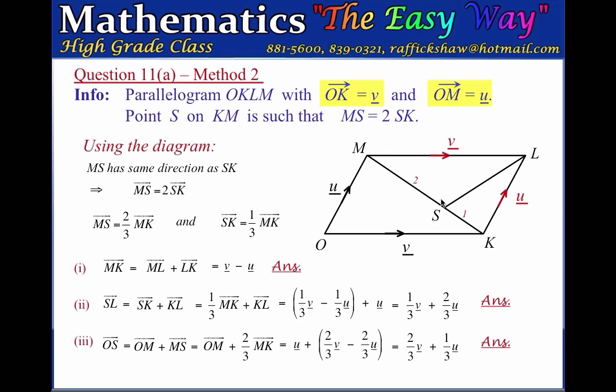Again, K to S will be minus 1/3 of MK, because we are going in the opposite direction to MK. It would have to be minus 1/3 of MK. So to go from O to S, we could have gone O to K and then K to S. The O to K would be V, and then the K to S would be minus 1/3 of the MK